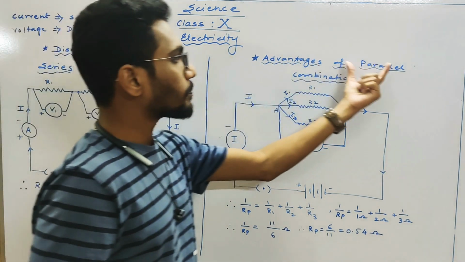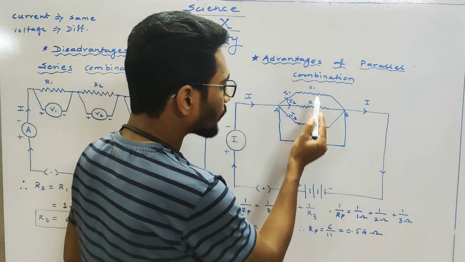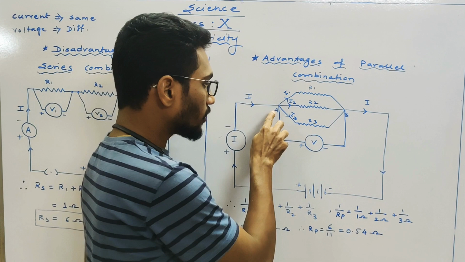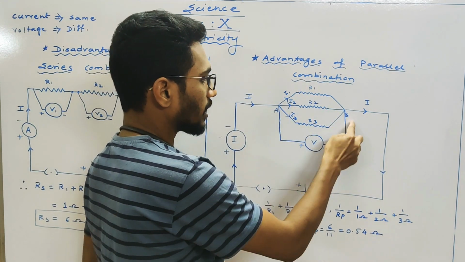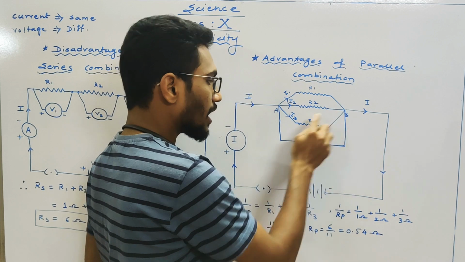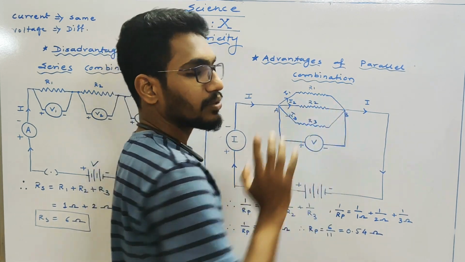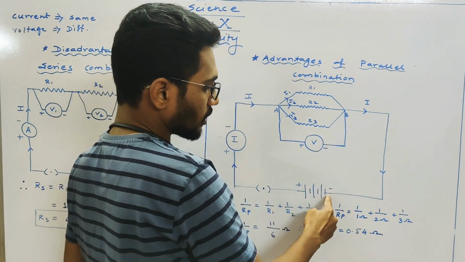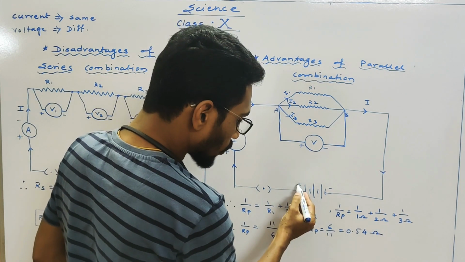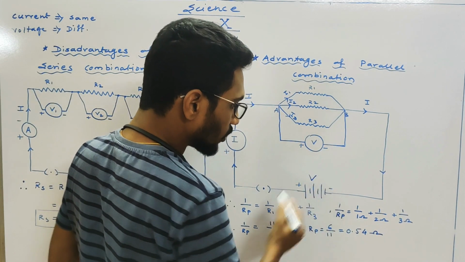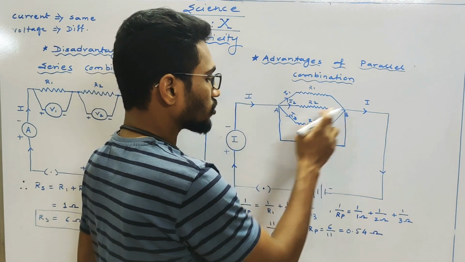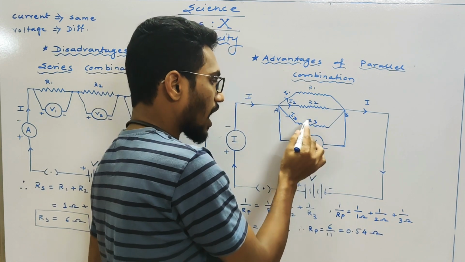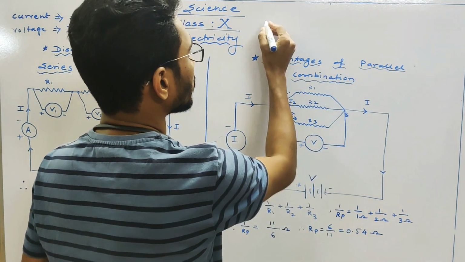Okay. Now talking about the parallel combination, see the diagram. R1, R2 and R3 are the resistances connected between the two same points A and B. R1 is connected between A and B. R2 is also connected between A and B. R3 is also connected between points A and B. Point A is connected to the positive terminal of the battery. Point B is connected to the negative terminal of the battery. If the positive and negative terminals of the battery provide the voltage V, so between A and B the same voltage V is there. R1 is across V, R2 is across V, R3 is across V.